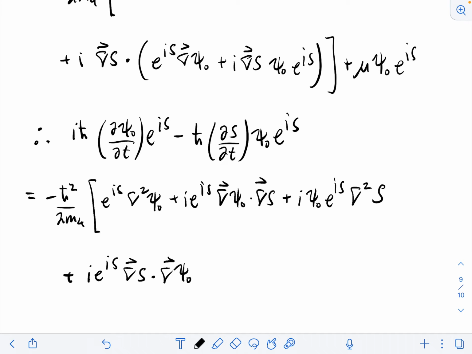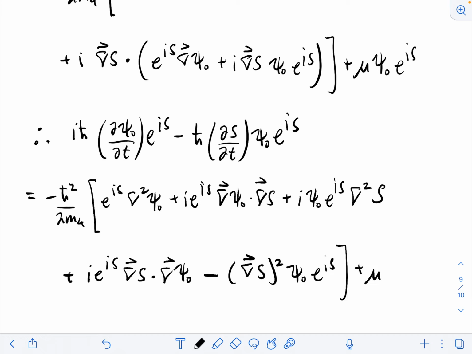And then we have an i times i, so we're going to get a minus. And then we have gradient of s dotted with the gradient of s, and so that's the gradient of s squared. And then we have phi 0 e to the is, close the bracket,